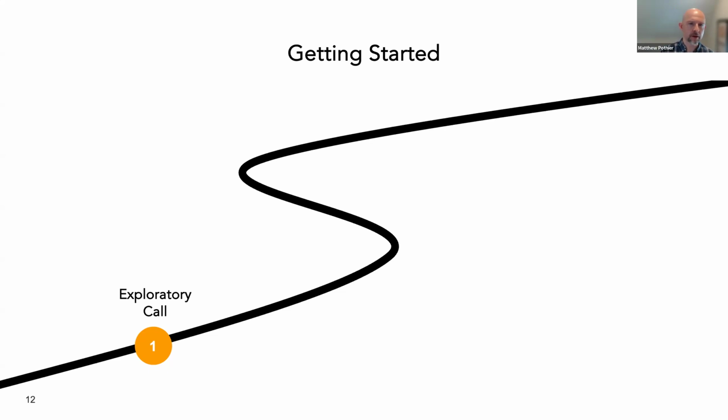After the exploratory call, we will move on to the holistic code analysis. Again, this was one of the agents that I mentioned before. It's a very powerful agent, and it's important to note that we work to customize these agents as well. They're not just a button that you click and it magically runs, right?